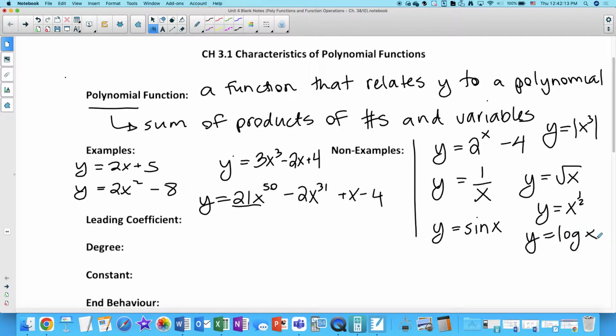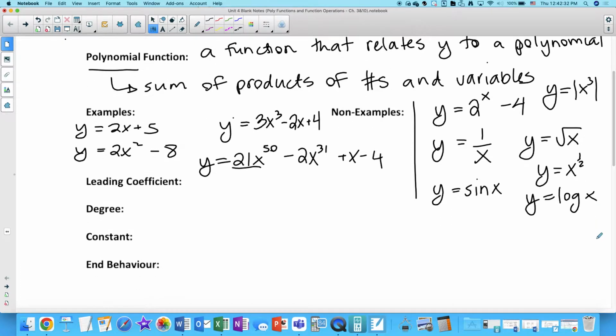Okay, that kind of thing. So being able to classify a function, put it into a category, can help you compartmentalize in your mind the trends that happen in those types of functions. So within a polynomial function, some of the things that we want to be looking at are these